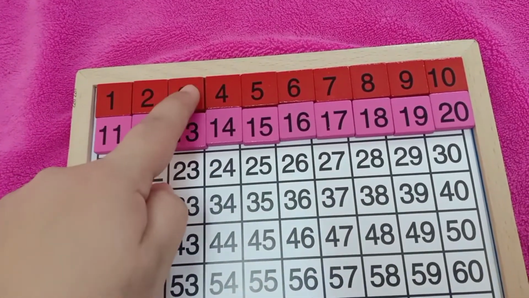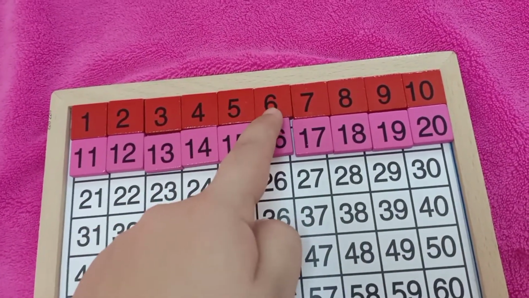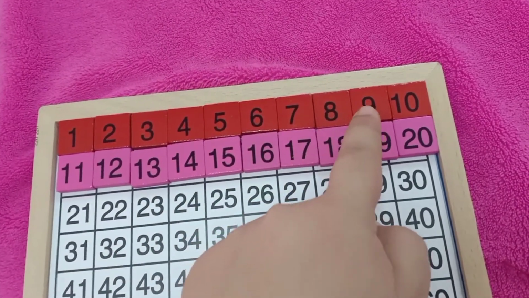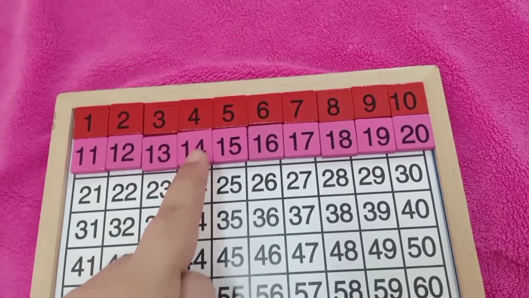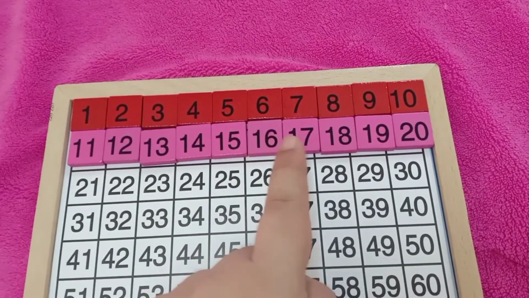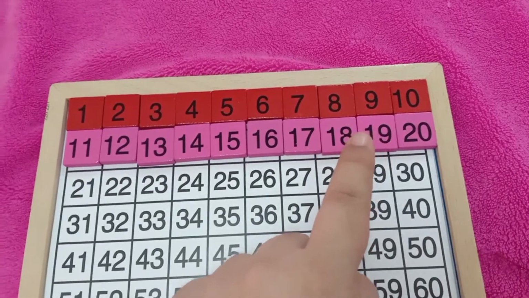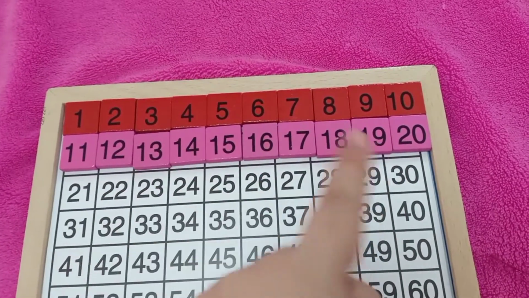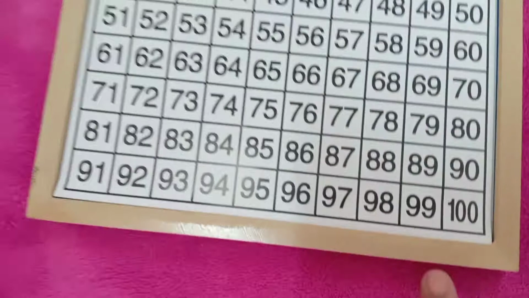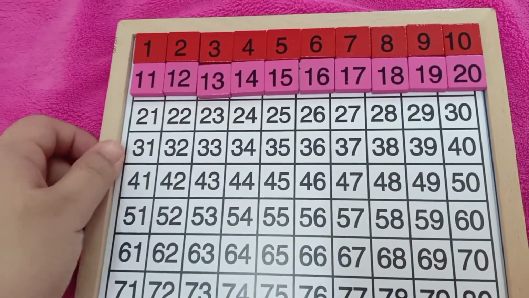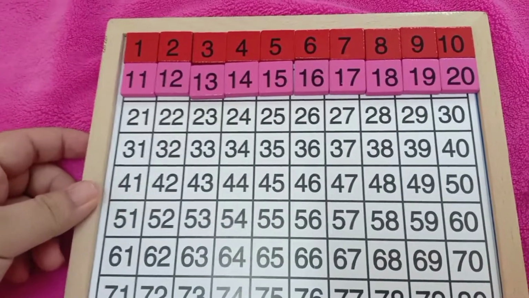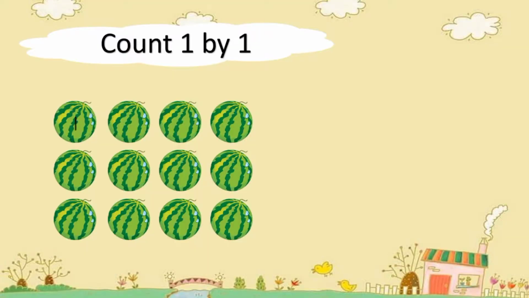1, 2, 3, 4, 5, 6, 7, 8, 9, 10, 11, 12, 13, 14, 15, 16, 17, 18, 19, 20. You can do this continue until number 100. Now, that is what we call count 1 by 1. Let's count together. 1, 2, 3, 4,